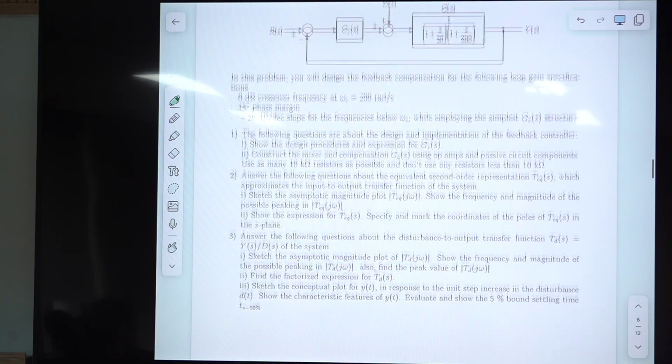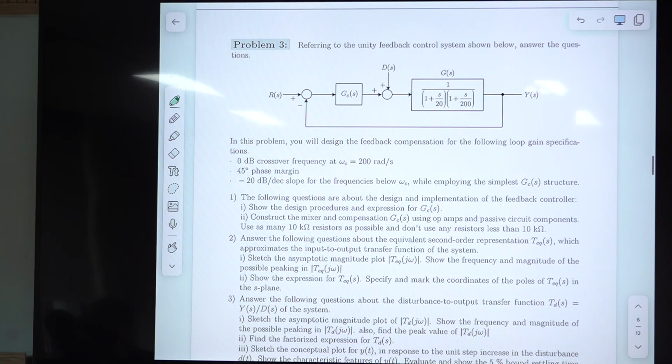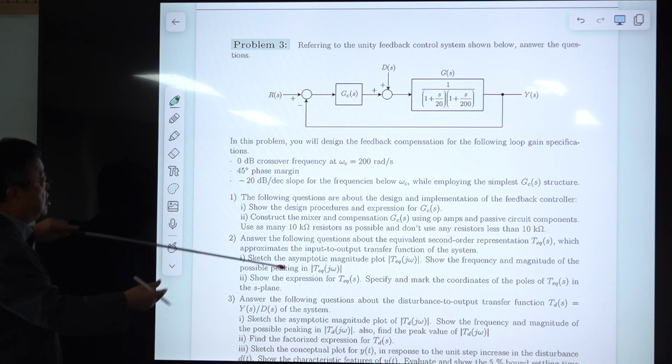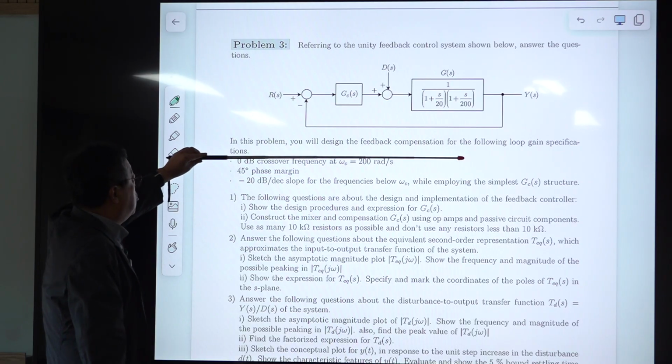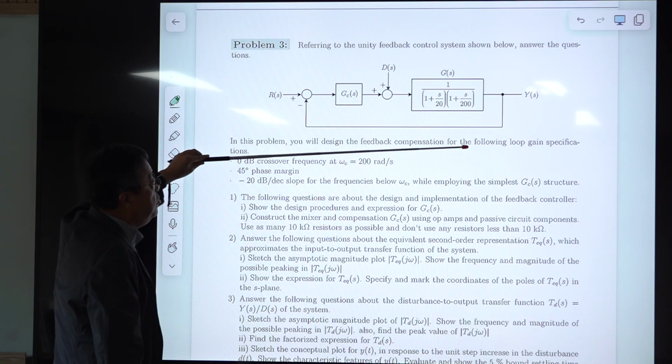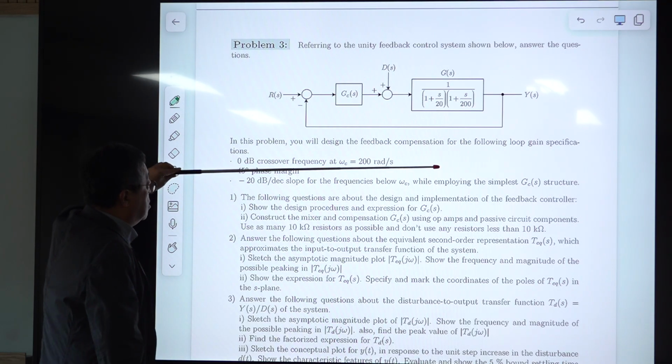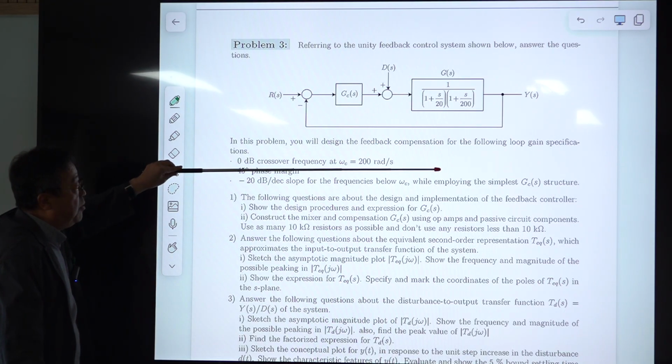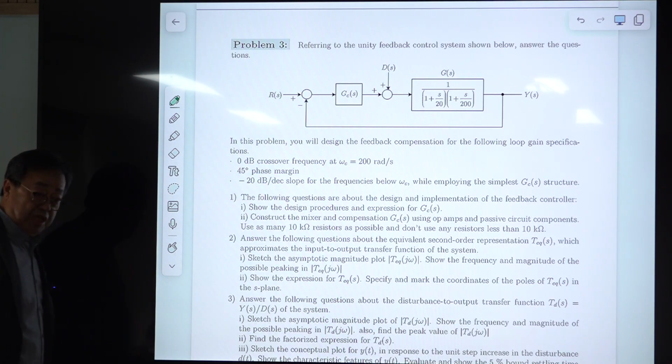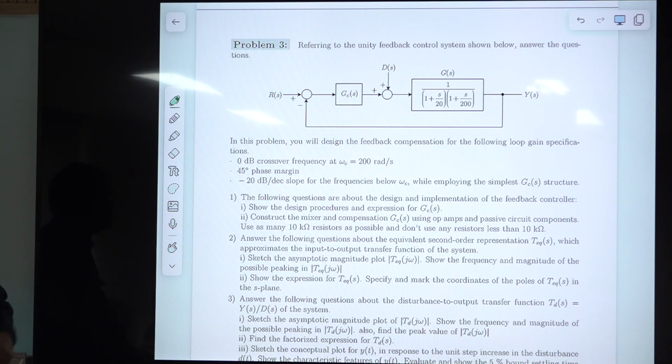And this is the problem. So the key word here is loop gain shaping. You are shaping the loop gain in the desired form, and in this problem, you will design feedback compensation for the loop gain specification or characteristics. 0 dB crossover frequency at 200 radian per sec and 45 degree of phase margin. 60 degree is okay, but 45 degree is good enough. And